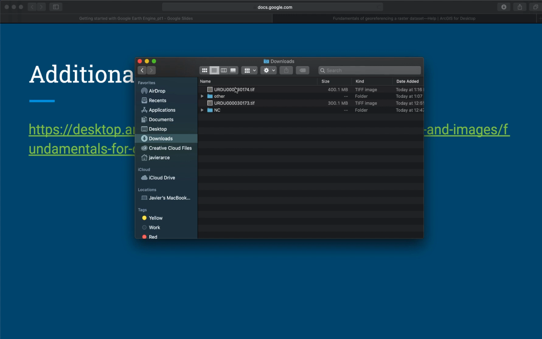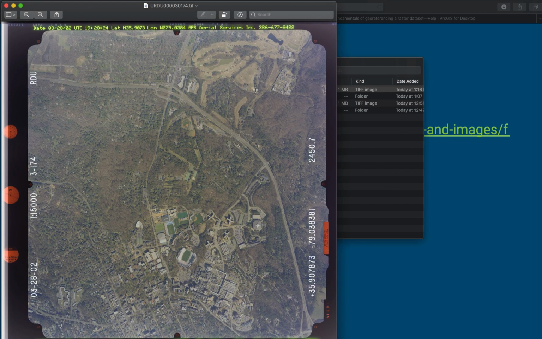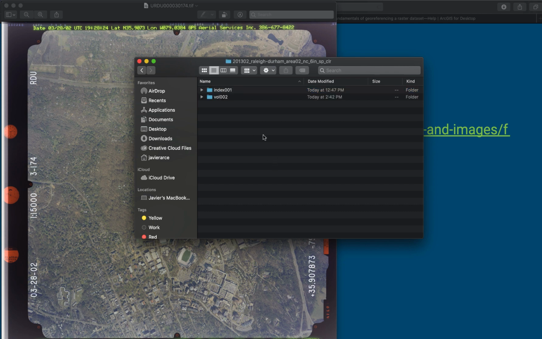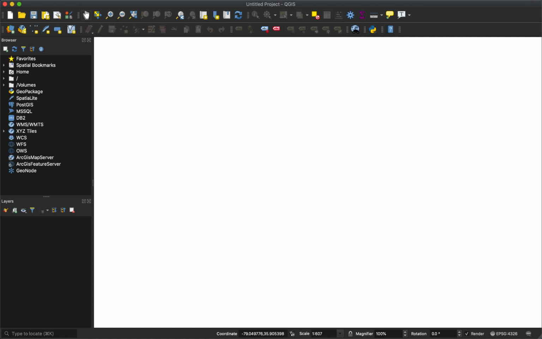Okay, so originally we had downloaded some images, which is this one. Let's see if I can open it. So we had downloaded this image, which is an image of UNC, and this one doesn't have a reference. And we also had downloaded a high resolution image. And in fact, let me go ahead and bring that image to QGIS. I'm going to do a drag and drop